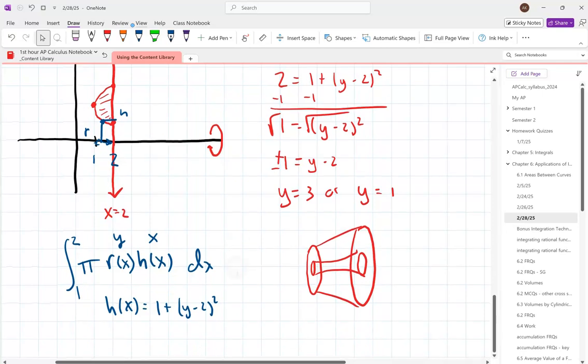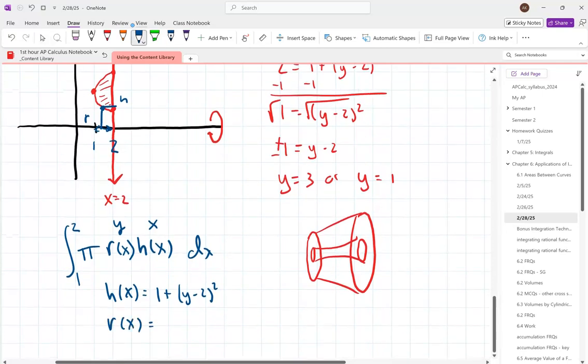I screwed that up. And my r of x is a y value, and it's always going to be, so I know this distance is always 1, right? And then my r will go from